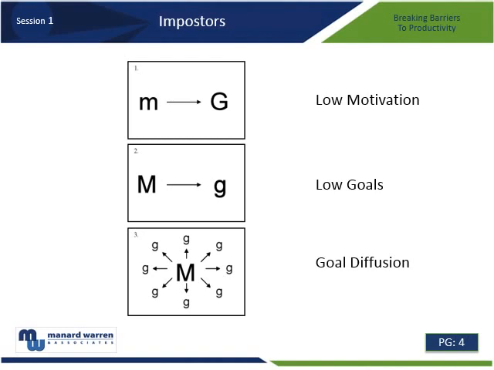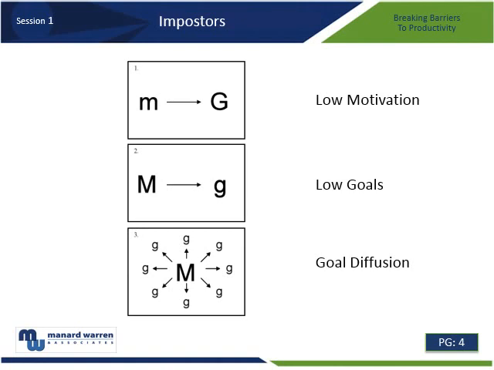The second imposter, the second diagram, is the big M connected to the small g. That's somebody that's all dressed up with no place to go. So that's a low goal imposter, and this one's kind of straightforward. Normally when you have someone with a lot of energy, a lot of gas in their tank, they need to have the steering wheel, and if the goal level is small or non-existent, as it is in this diagram, then